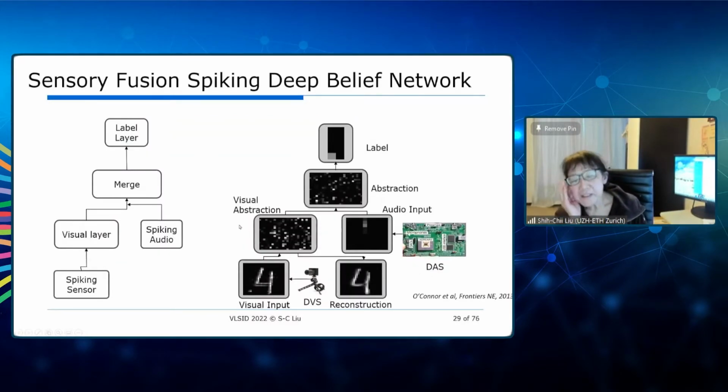So the other fun bit that we've done with the DVS and the DAS is to use the output of the sensors to train what we call a spiking deep belief network. This was the architecture that was around before people started using networks with rectified linear unit models. The idea here is that you take the output of the DVS, you show it digits, and then it goes through a couple of layers before you train the label layer to recognize digits from 0 to 9. And what we did was we took the output of the DAS, the spiking cochlea,